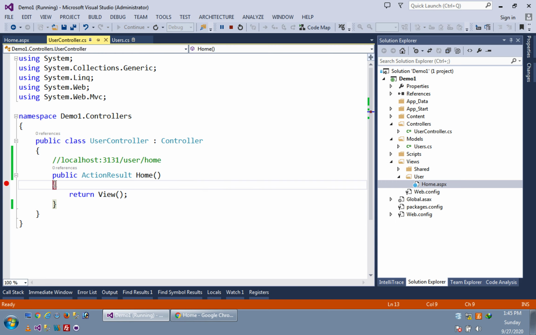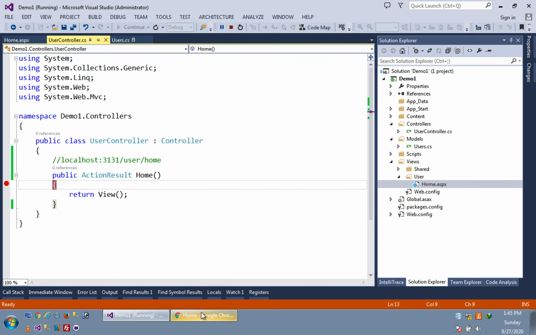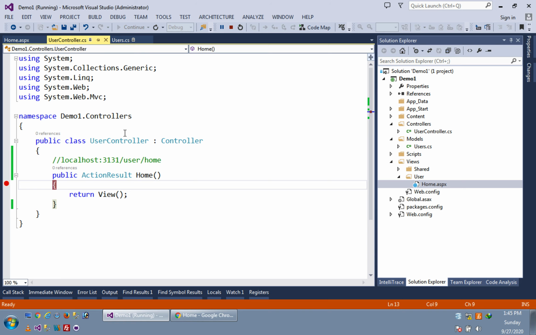If you want to check that, you can use this debug point. So whenever I load this user/home page, it will go to the user controller and home method. So let's just try again.